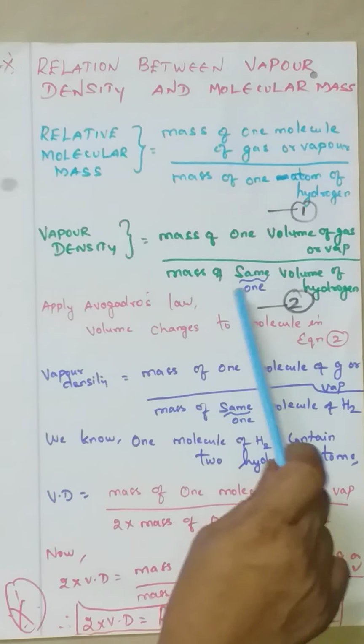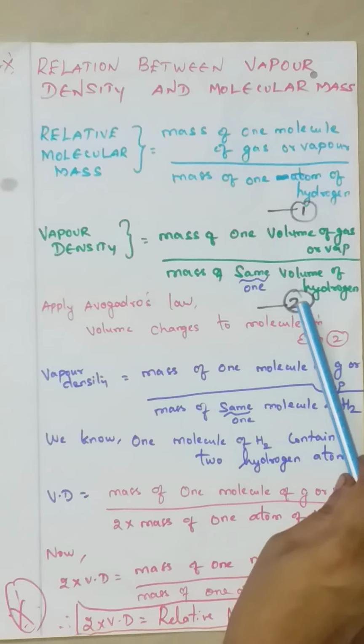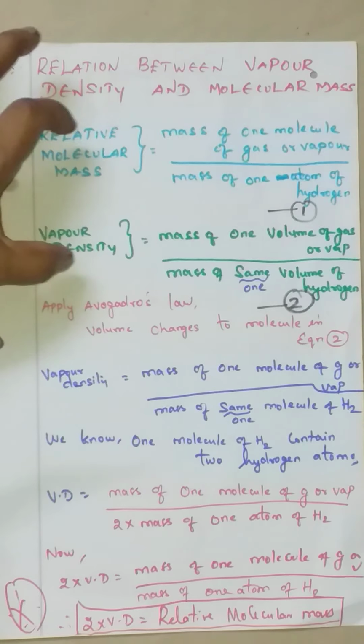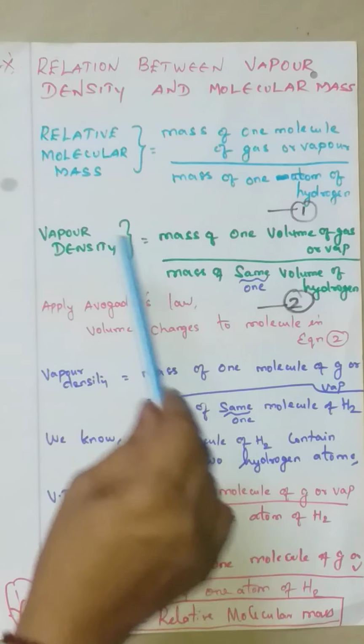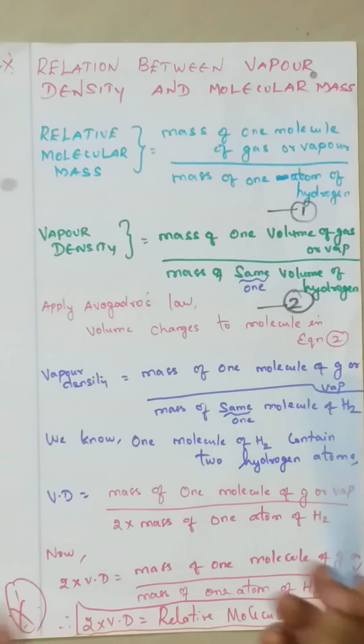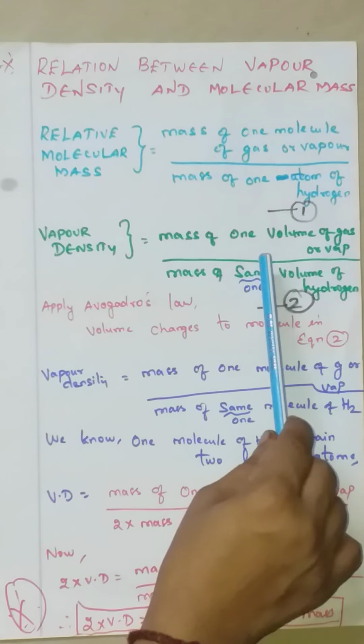Keep the definition of vapor density as the second equation. The first equation is the definition of relative molecular mass, and the second is the definition of vapor density. I have explained both definitions. Now apply Avogadro's law in this definition. After 5 minutes, on the next page, I will explain the Avogadro hypothesis, then you will understand. Just now, see the word alone. Avogadro is an Italian scientist, Amedeo Avogadro, who explained a hypothesis. I will explain it later.